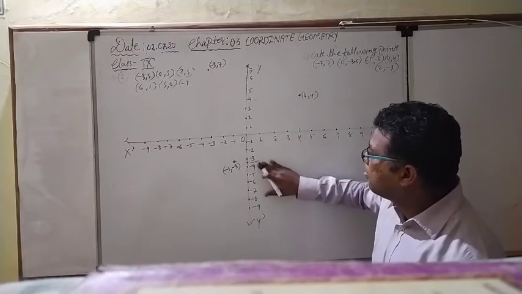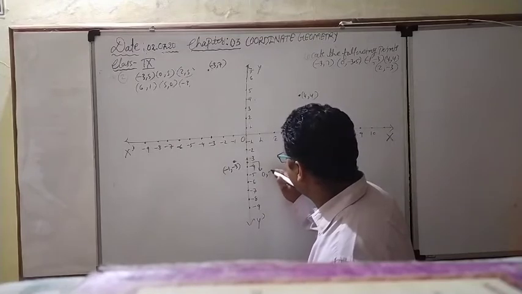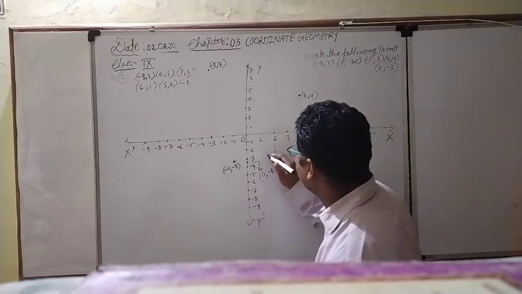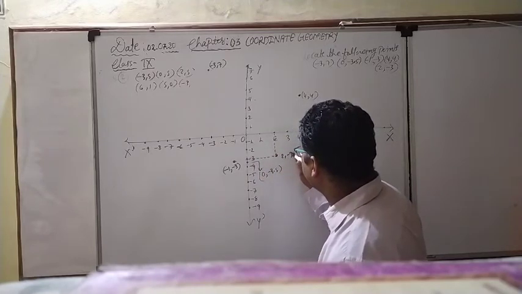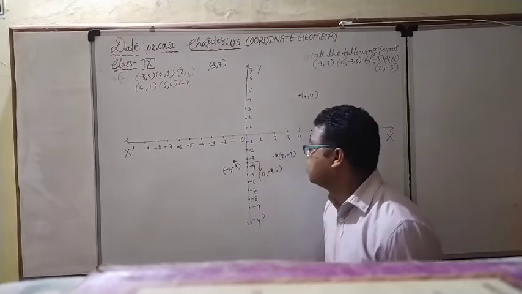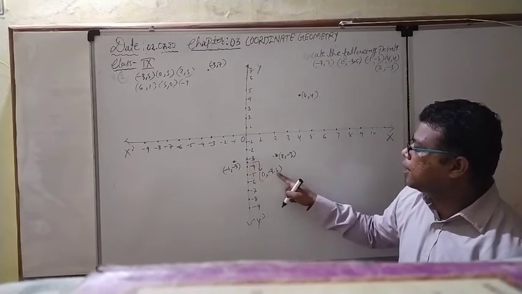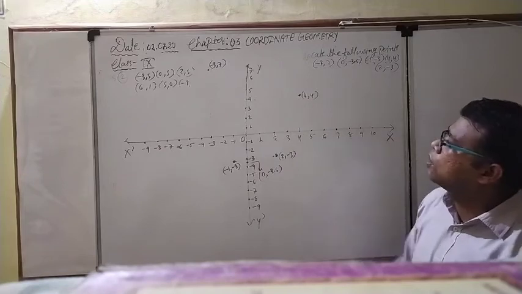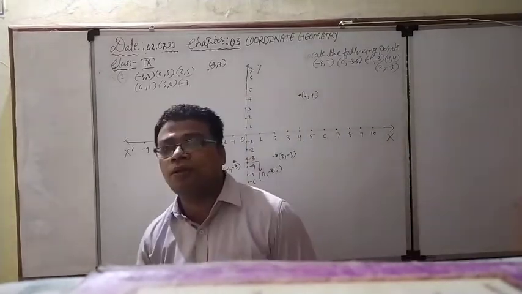Right now see this particular point, I can write down here 0, minus 3.5. So 2 and minus 3, this is 2 and minus 3. So this is the location of 2, minus 3. Can you understand? Right now I am rubbing the things. This is the location of 2, minus 3. This is the location of 0, minus 3.5. This is the location of minus 1, minus 3. This is the location of 4, 4, and this is the location of minus 3 and 7. So right now the thing is over.